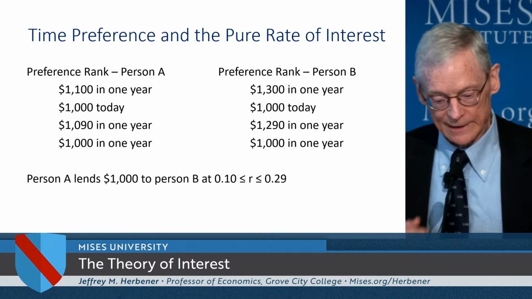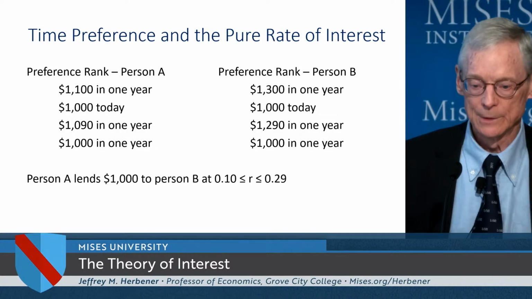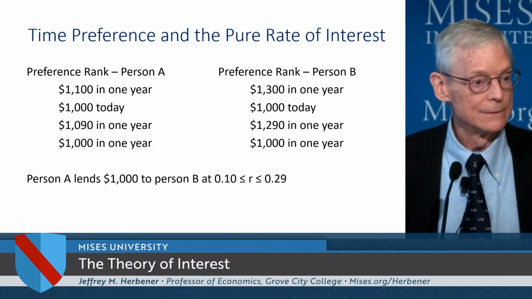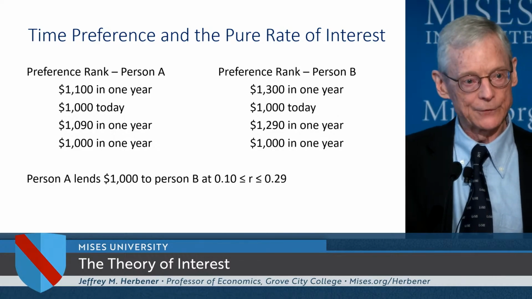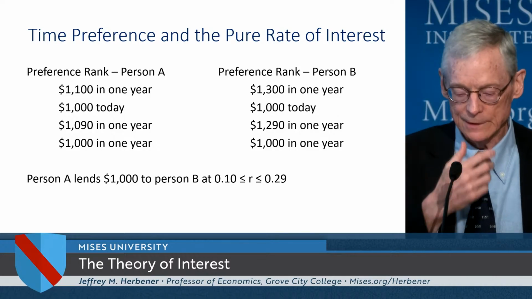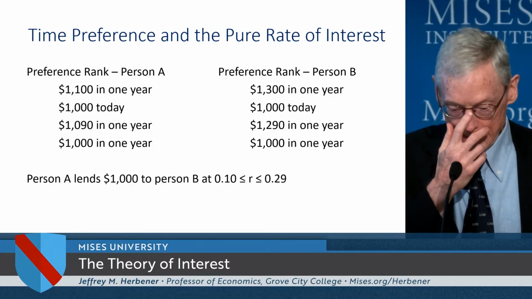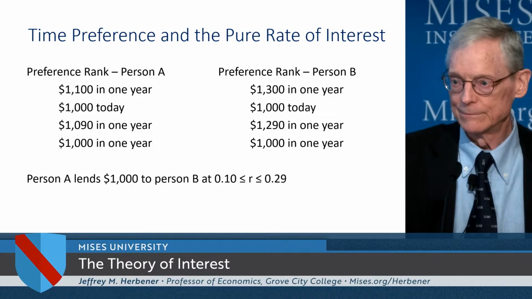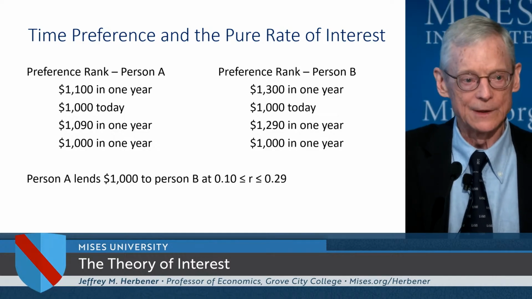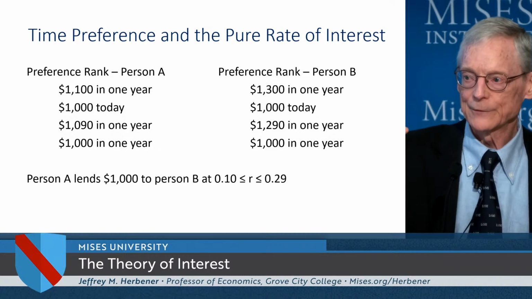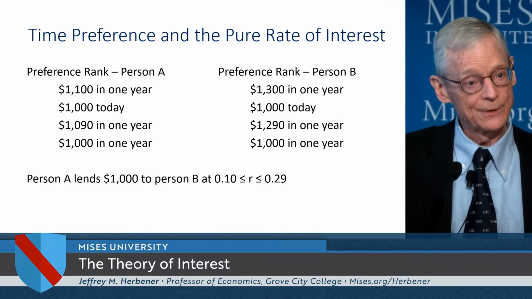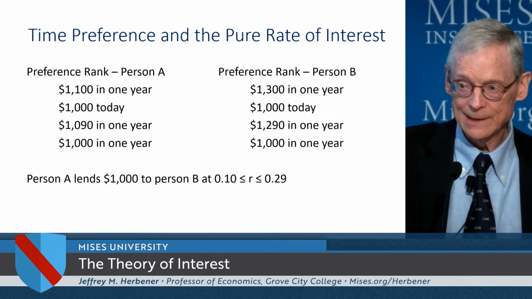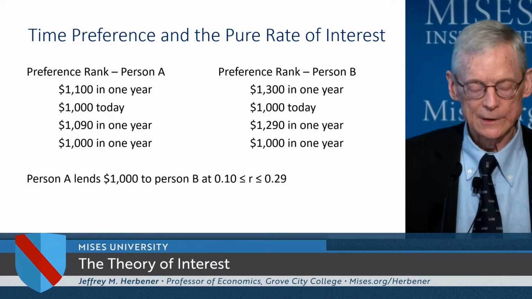Suppose we have person A on the left, whose preference rank I've reproduced, and you notice that person A has a certain rank order of the value of $1,000 in this person's hand today. And this person would value more highly $1,100. We're assuming the purchasing power of the money will be the same in a year. We'll get to that point at the end, or we'll relax that assumption at the end. The person would accept $1,100 in a year and sacrifice the $1,000 today. They'd prefer the higher rank to the lower rank, but they wouldn't accept $1,090 in a year.